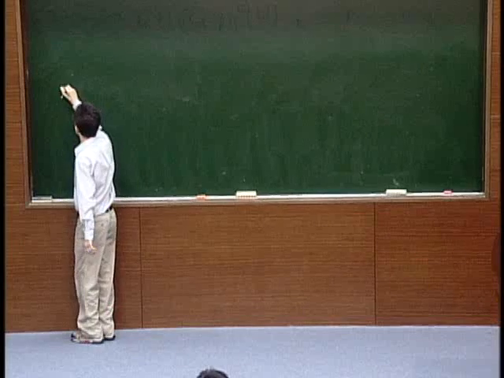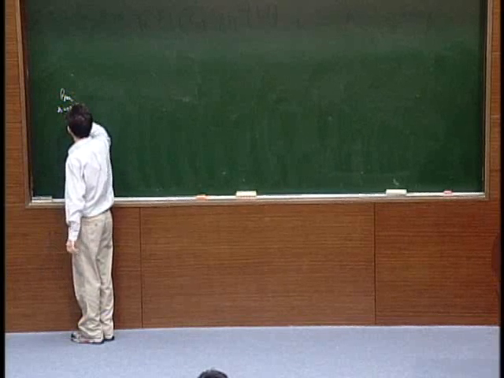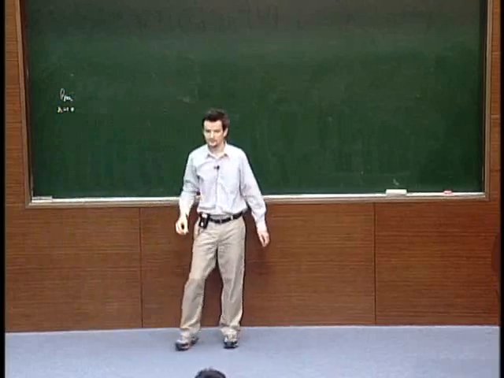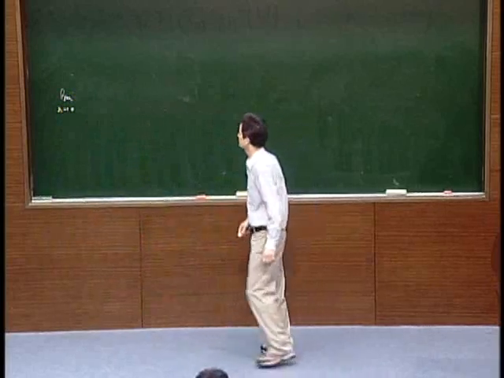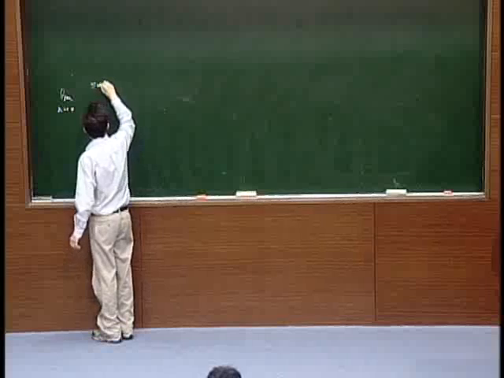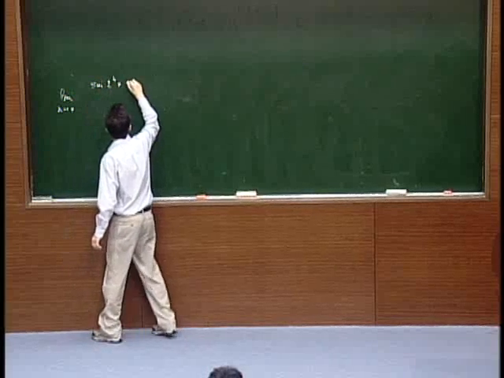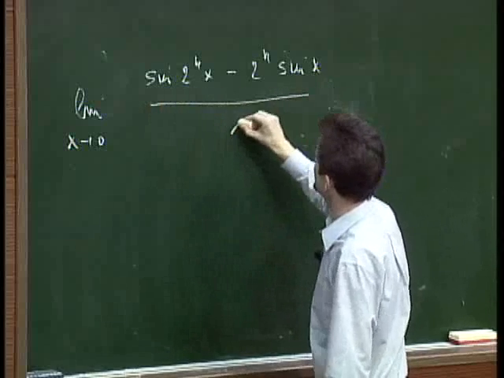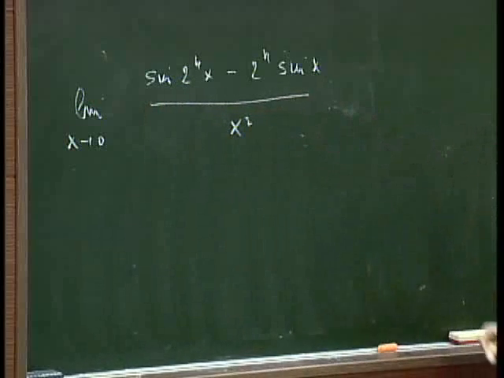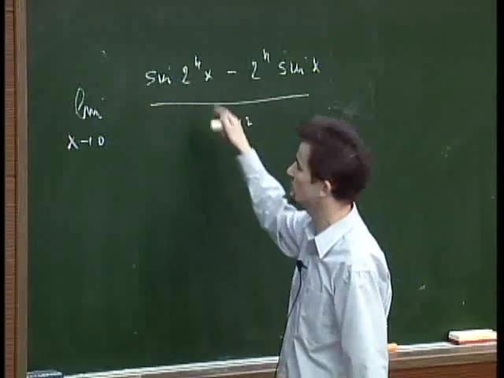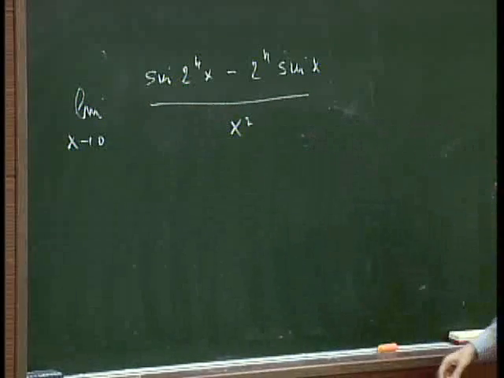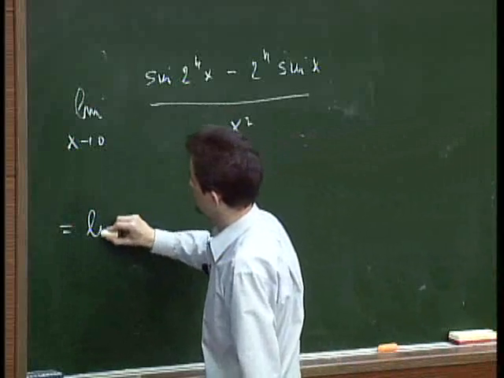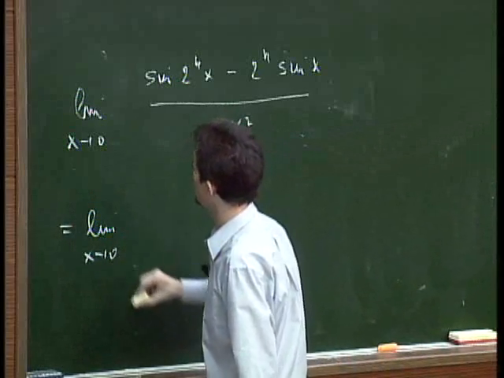Now, some more examples. Actually, one of the examples we have discussed previously in the assignments, namely the limit of (sine of 2 to the n x minus 2 to the n sine of x) over x squared. You see, this is much easier. So again, if x tends to 0, you have 0 over 0. In this case, it's much easier to use the rules of L'Hopital in order to figure out what is the limit,